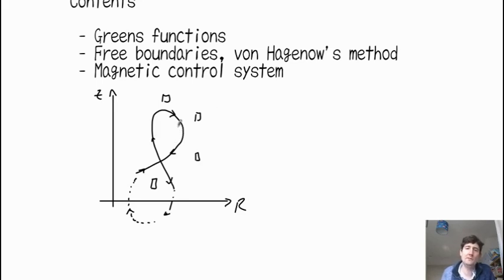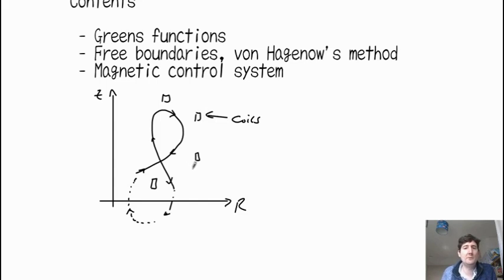So in many cases, we don't necessarily know what the coil currents are. So all these currents. So in the inverse problem, where you have an experiment and you find the plasma solution, in that case, of course, you know what the coils are.